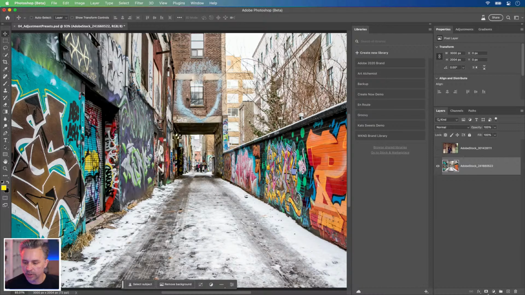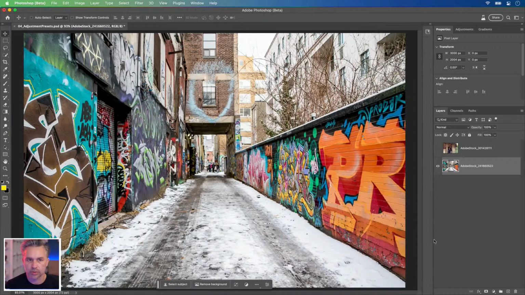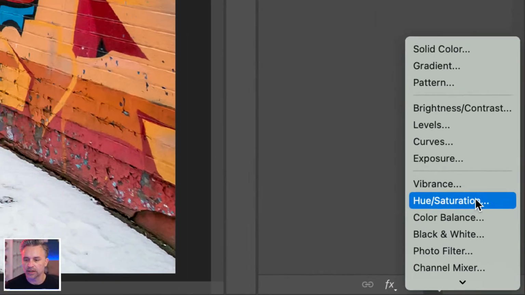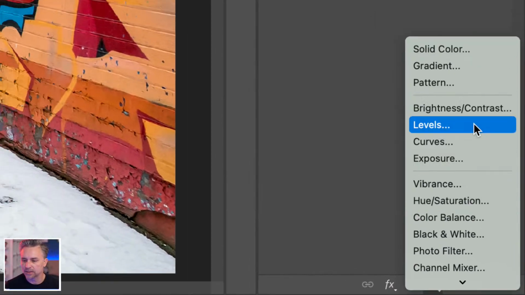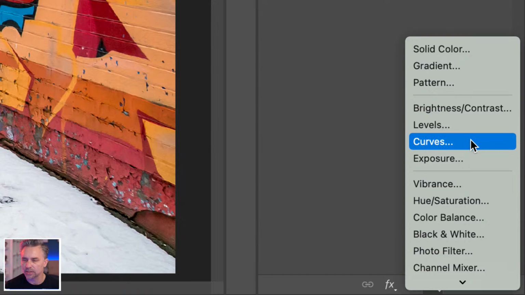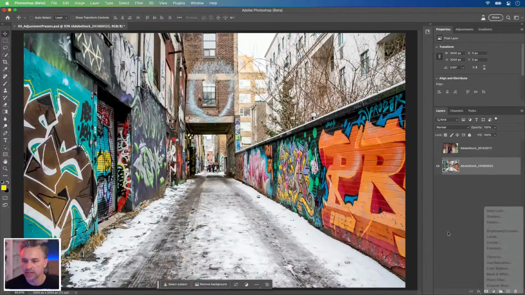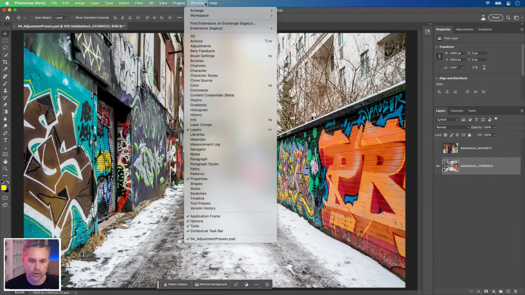And shall we use all of these crazy things right down here? Oh, I got to pick one of these. Maybe levels. What's levels? What does curves mean? So as a new user, what does this mean? I just want to make the photo better, right? So I need an easy button. And where that easy button is